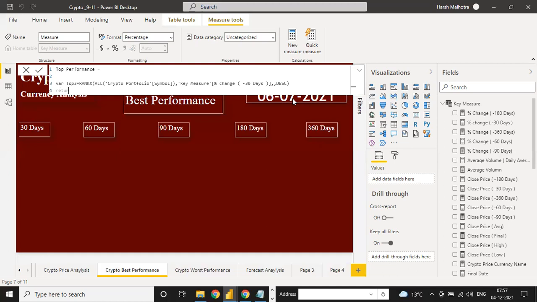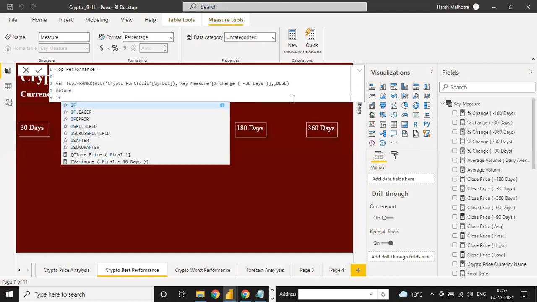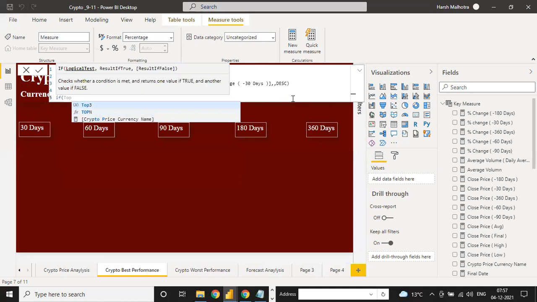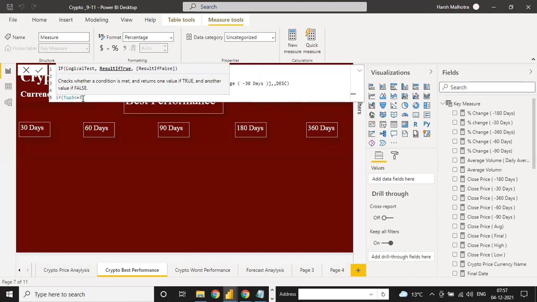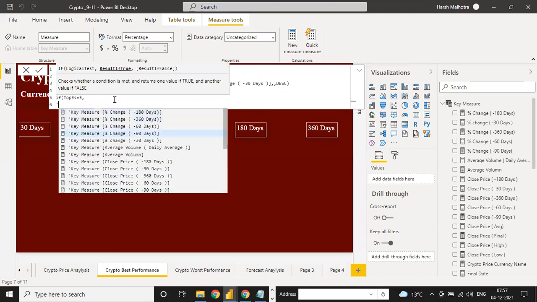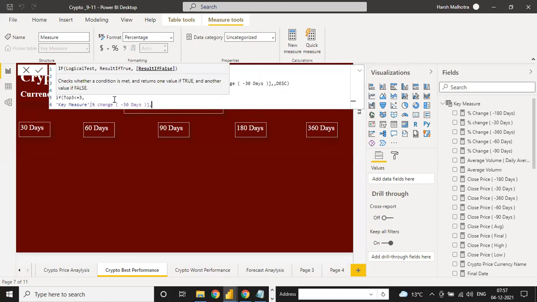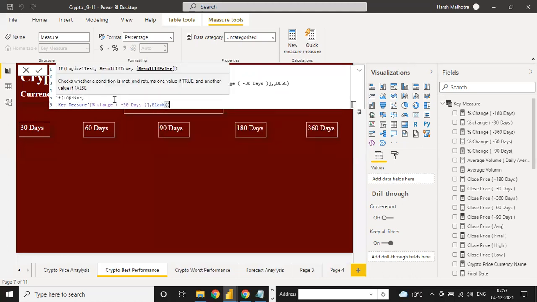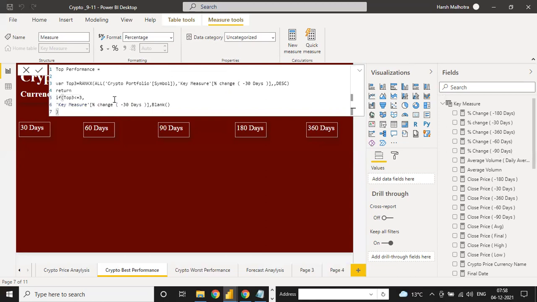And now for this variable, you have returned the value if, and we write it condition if top 3, this one, which variable we have created, this top 3, if top 3 measure is less than or equal to 3, then we have to make one thing, that 30% changes would be together automatically. 30% changes is there, and then otherwise we need as a blank. Otherwise we need as a blank, and now your if function is okay.